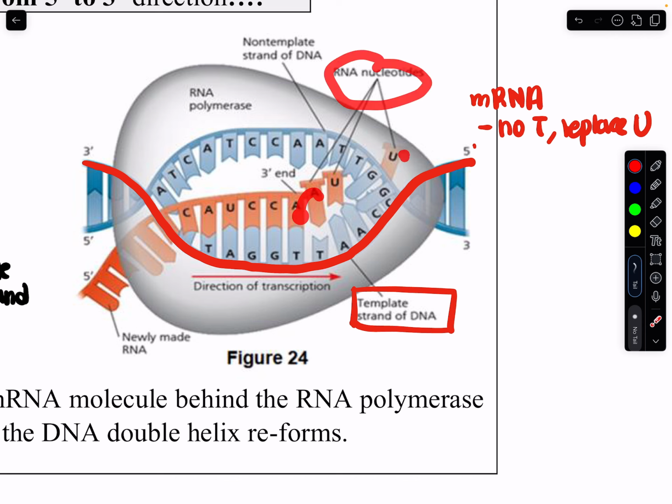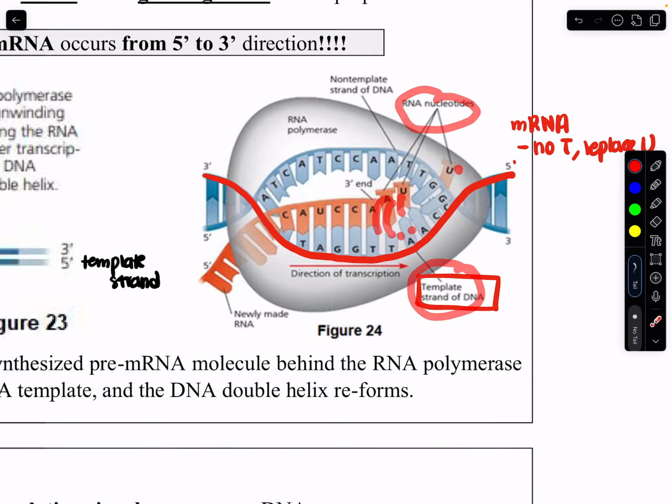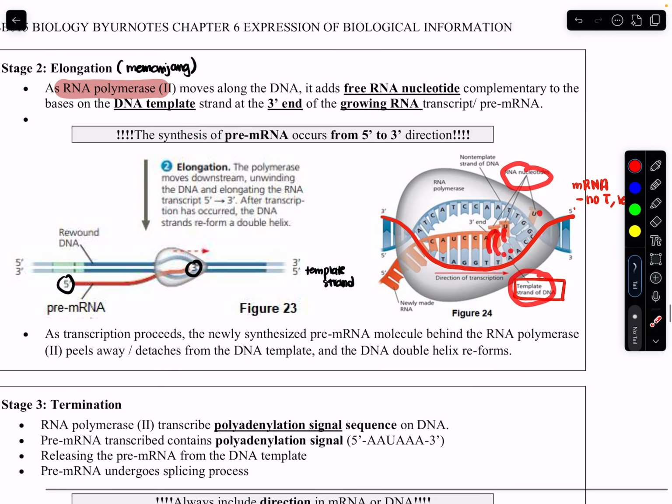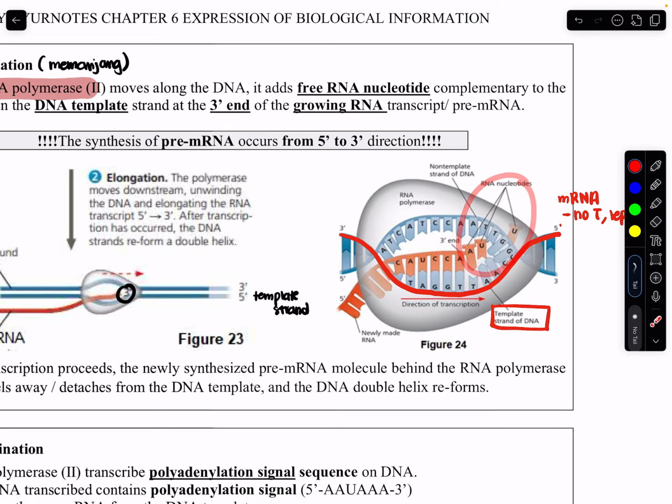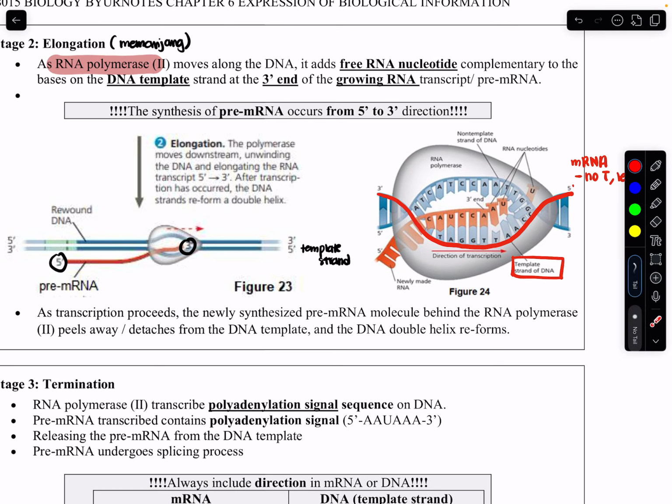RNA polymerase will add RNA nucleotide based on the base pairing on template strand of DNA. Okay, so ini semua yang Miss telah tebalkan, boldkan dan juga underline. Ini semua kamu kena ingatlah. So you have to remember, this is how you going to explain for your exam. So RNA polymerase move along the DNA. It adds free RNA nucleotide. Ini adalah RNA nucleotide. Free RNA nucleotide complementary to the bases on the DNA template strand at the 3' end